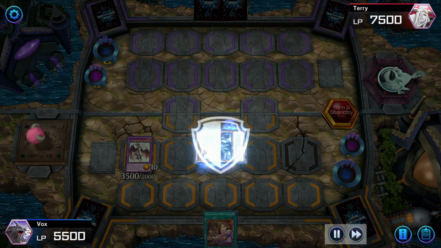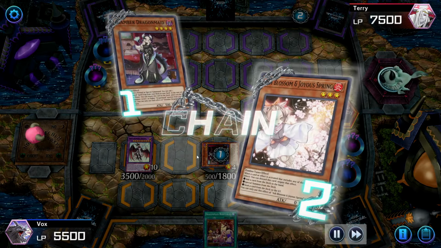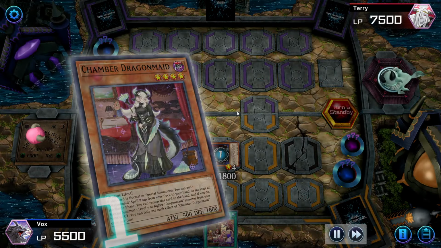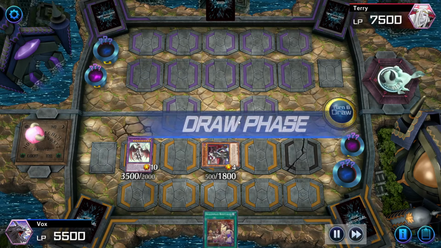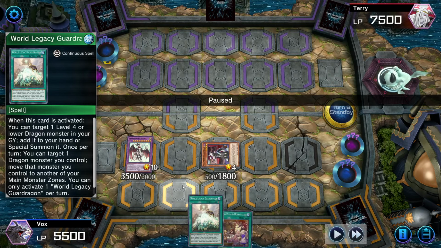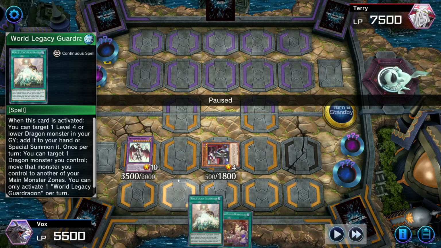We're going to get Chamber Dragonmaid into the field, activate her effect. He's going to ash this. We're not going to negate this, in case he has something else for follow-up. He's going to end his phase, and then we drew, as you guys can see, another card that I was testing that I did not add into the final version of Dragonmaid that I showed you guys the deck profile,